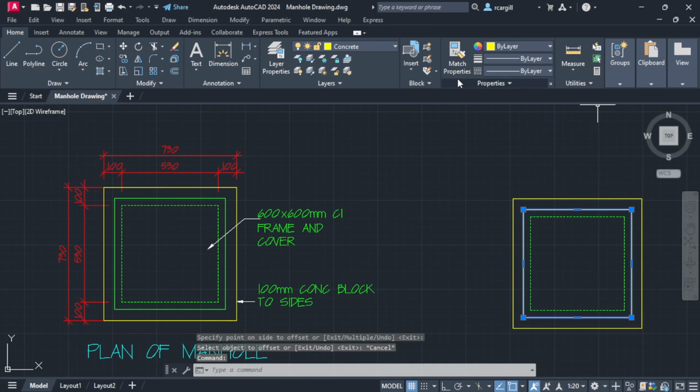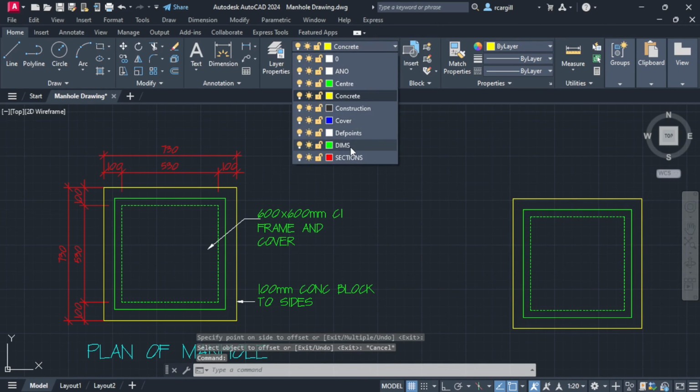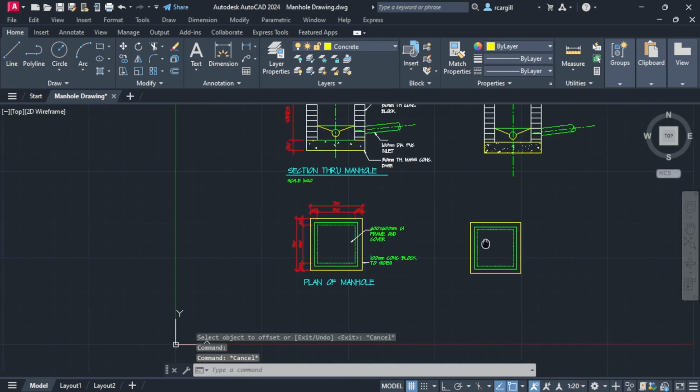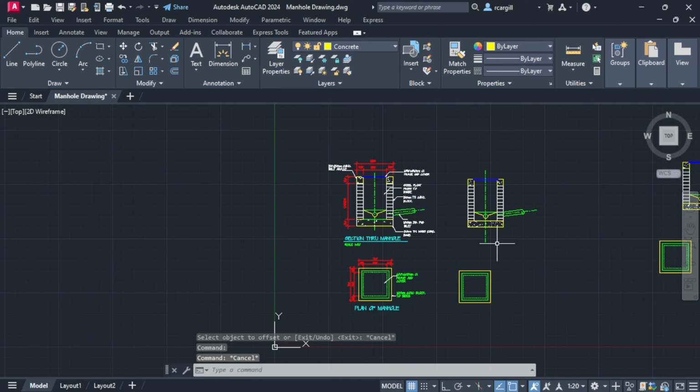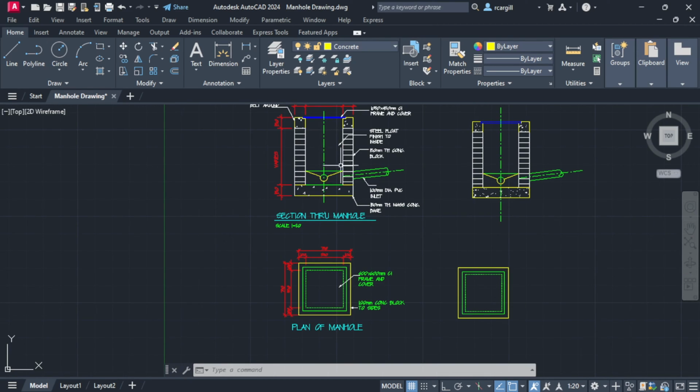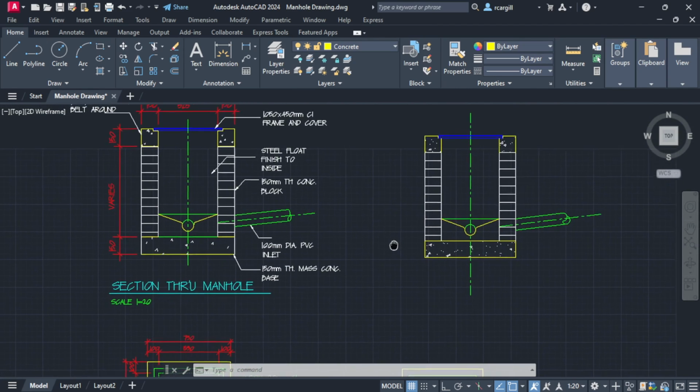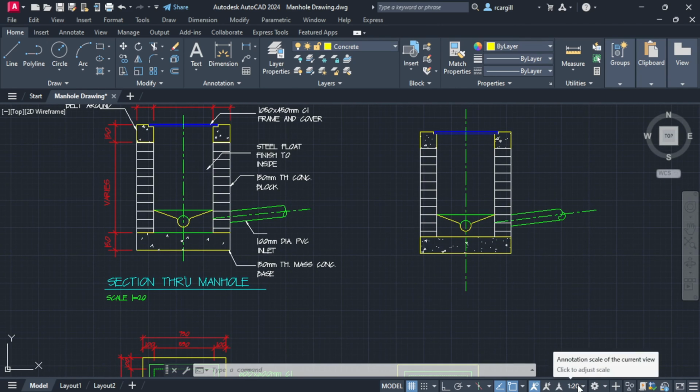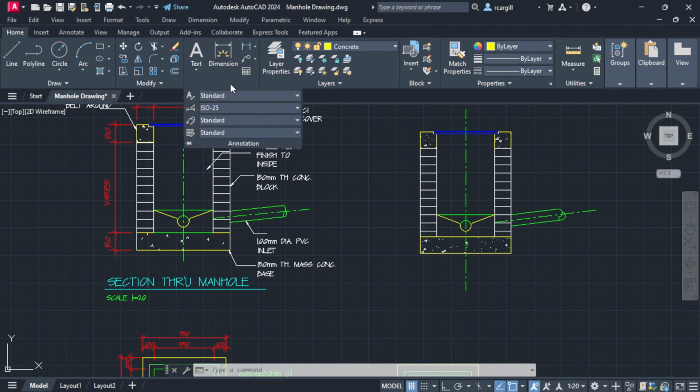And then we're going to change this to the dimension style layer. All right, good, lovely. So now the only thing that we have left to do is to dimension. So for the dimension, the only thing you want to ensure, since we are using a scale of 1 to 20 here, what you would want to ensure is that in your dimensions,